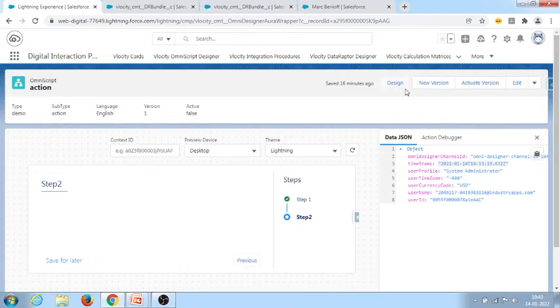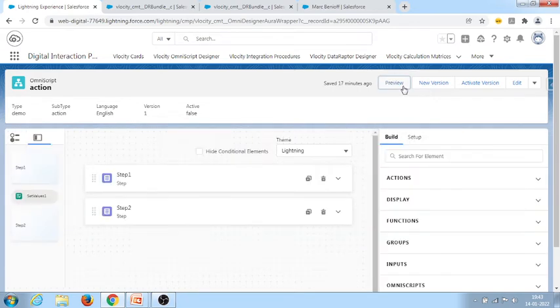When there is an action in between the two steps, then it will take some time. Let's see how to add an action.